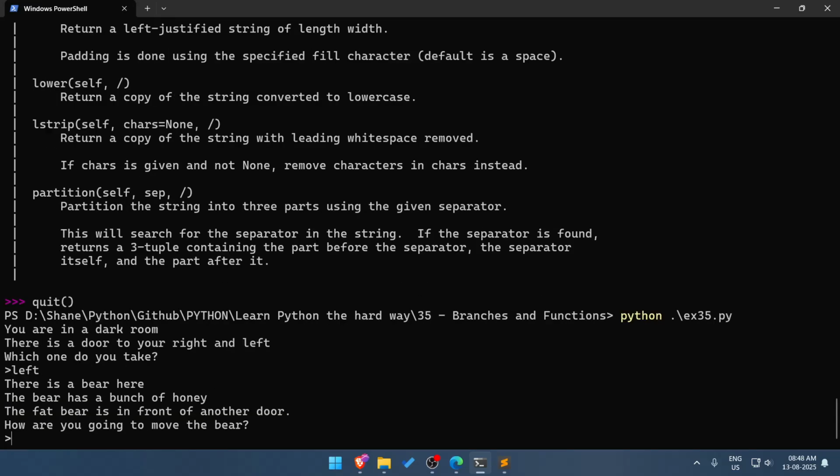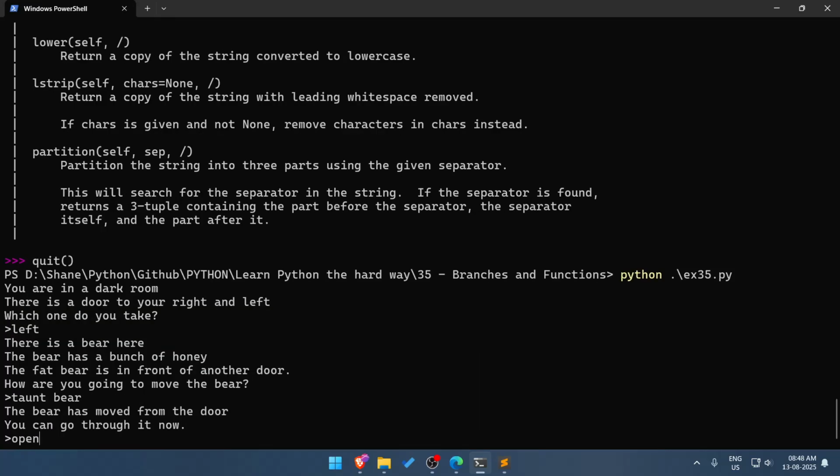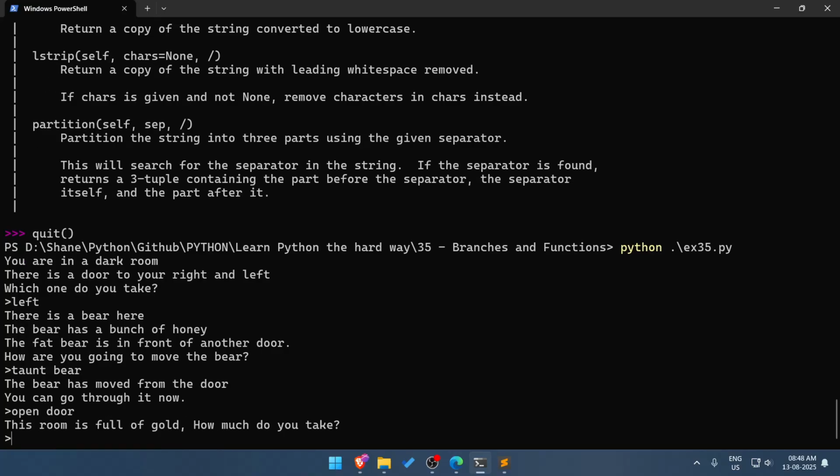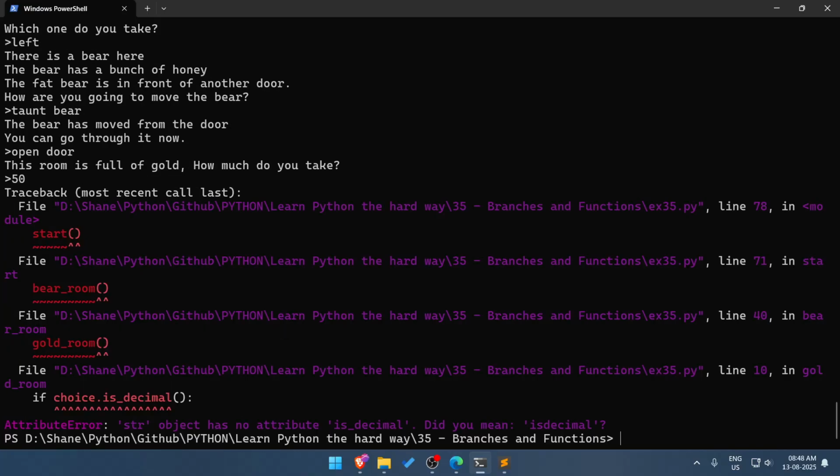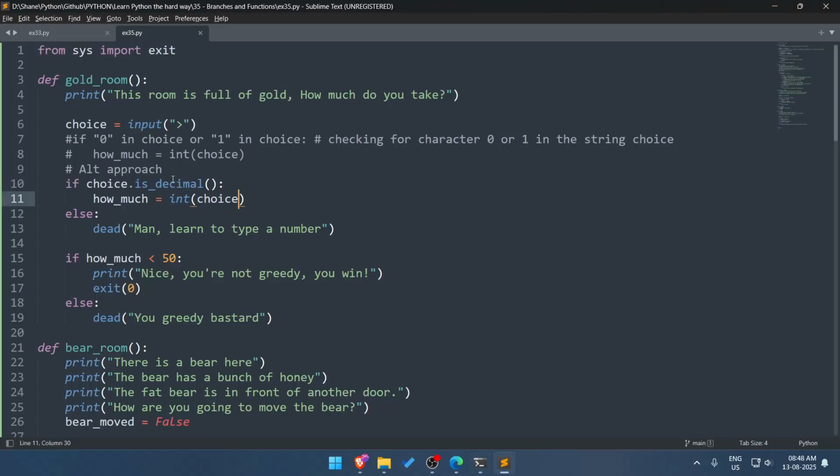Left. We go, don't bear. You can go open door. I can say 50. Okay, so it gets choice is decimal. Okay, string is okay.